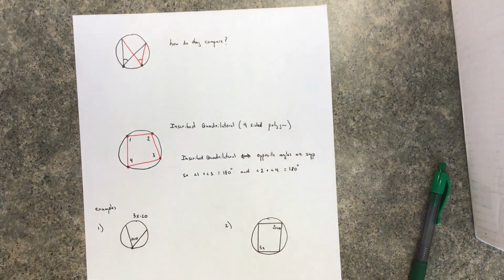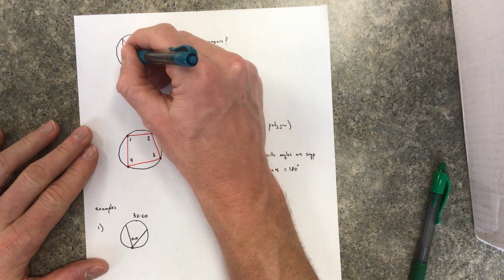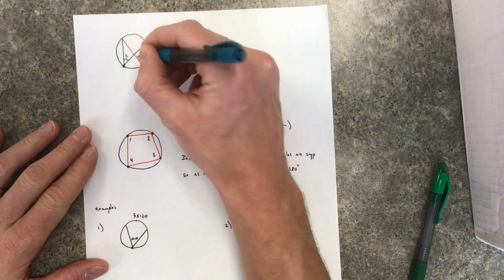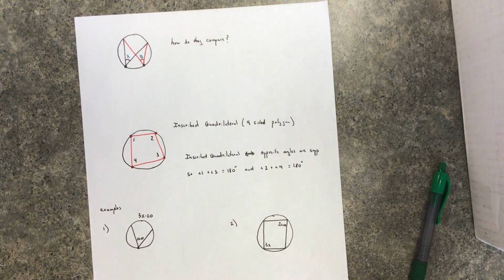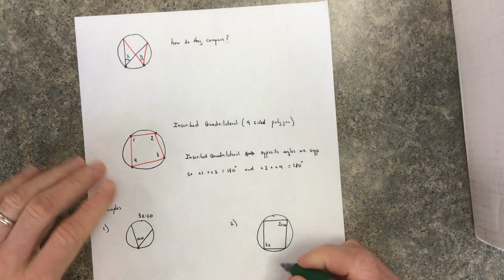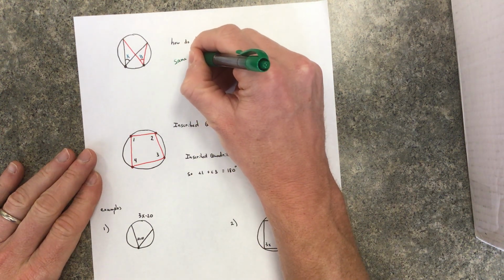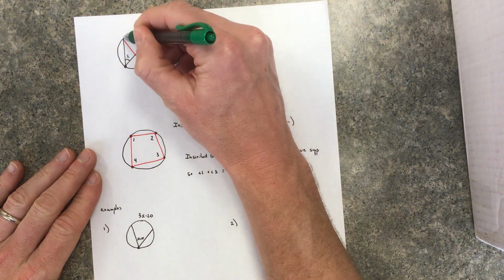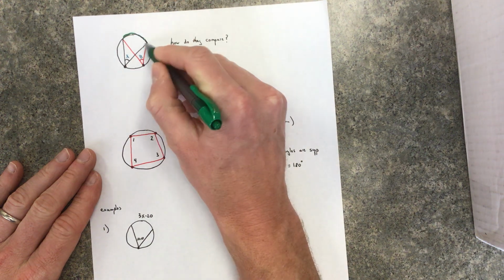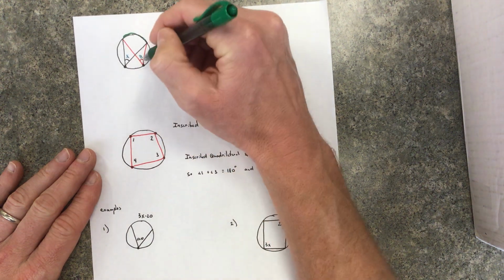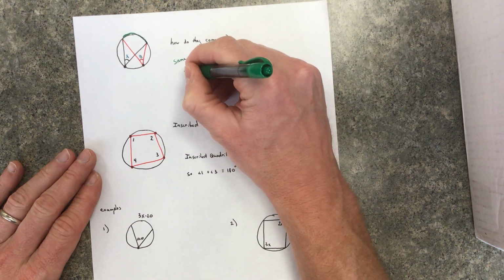Okay, we also got something like this. How does the black angle, we'll call that one X, and the red one, we'll call that one Y, how do they compare? Think about that for a second. You're like, wait a second. Don't those two angles have the same arc? Don't they both have this arc at green? Don't they both intercept the same arc? The black goes from there to there, but the red goes from there to there, and you're like, oh, look at that. They have the same arc, so they have to be the same angle,